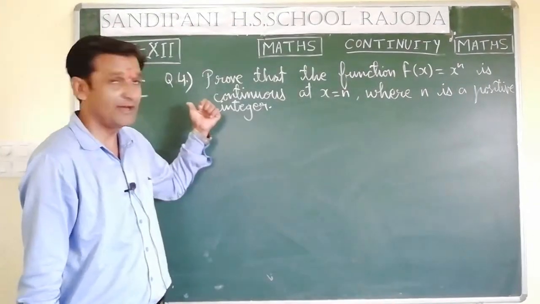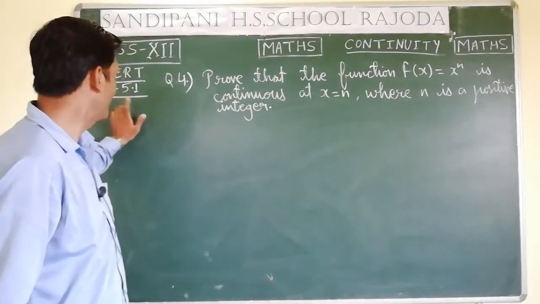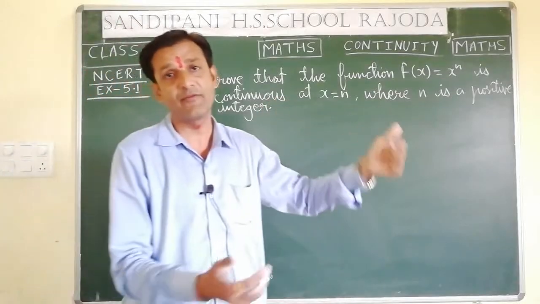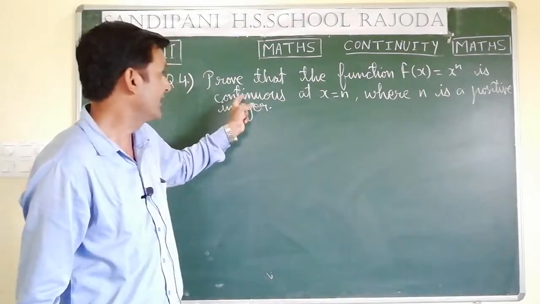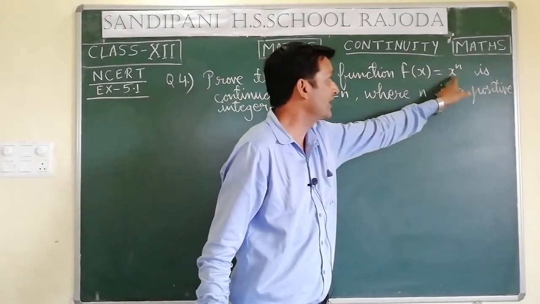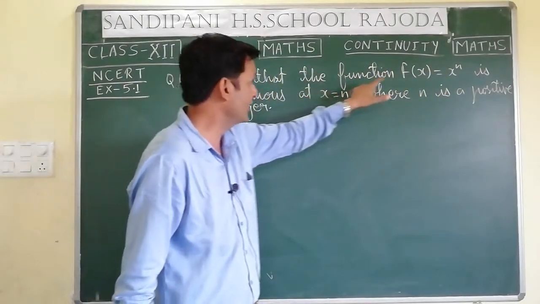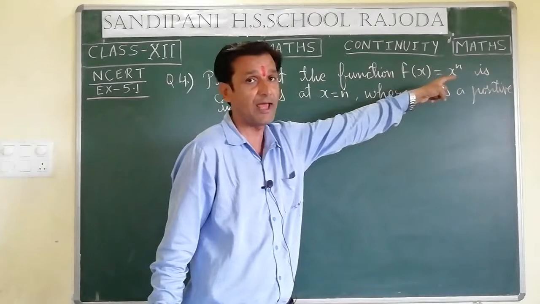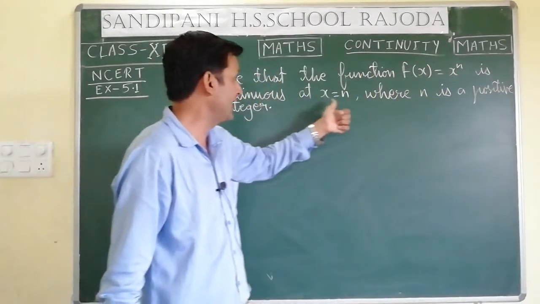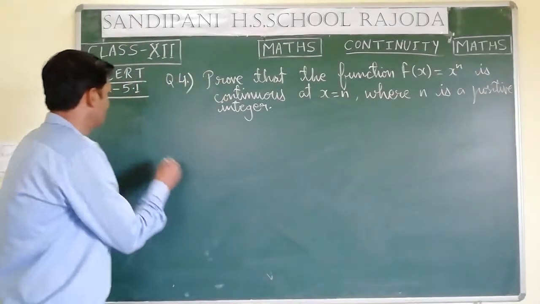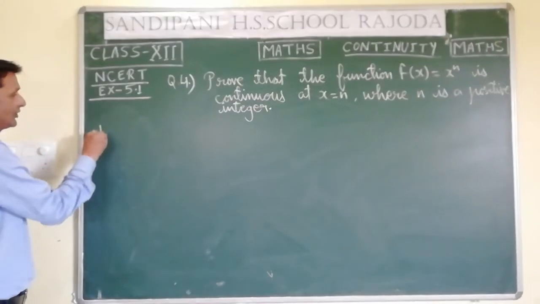Now I am explaining you NCERT exercise 5.1 question number 4, which is just like our previous question, but here it is in the exponent form. We can say power is denoted here. So prove that the function f of x is equal to x raised to the power n is continuous at x is equal to n, where n is a positive integer. So at x is equal to n,